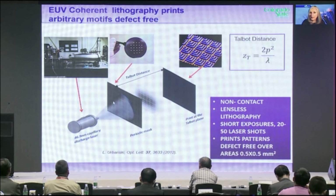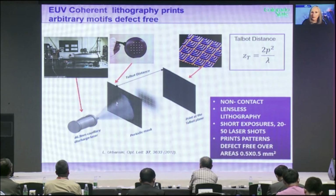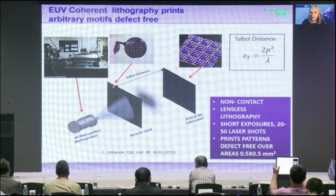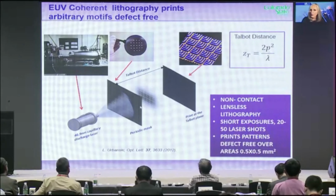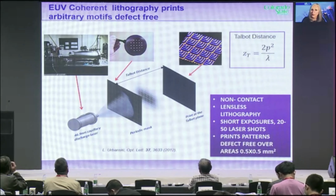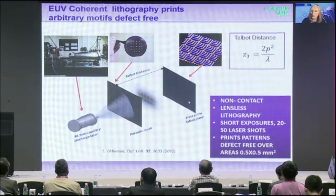The Talbot effect was demonstrated in 1870, and essentially it is a diffractive technique which shows that if we illuminate a mask containing periodic patterns with a coherent beam, then at certain distances from the mask, called the Talbot distance, defined in this way, where P is the period of the pattern in the object and lambda is the illumination wavelength, an image is formed that is a one-to-one replica of